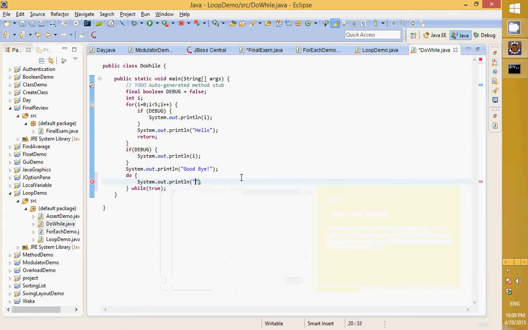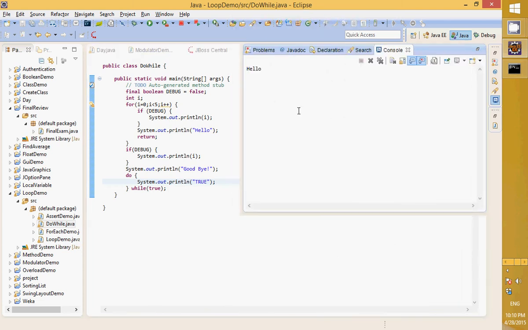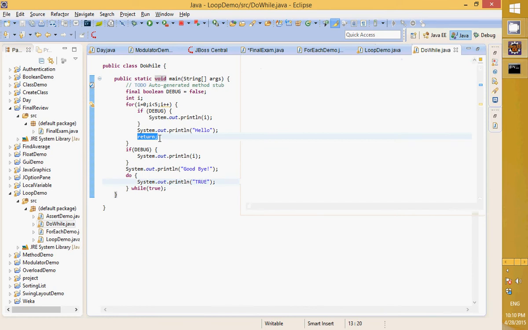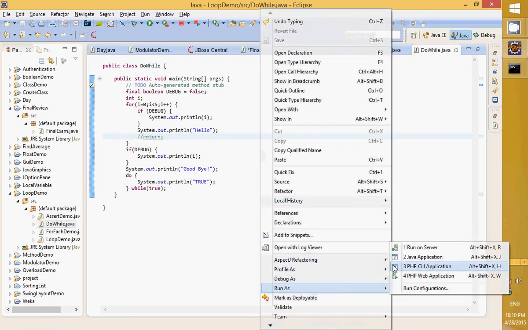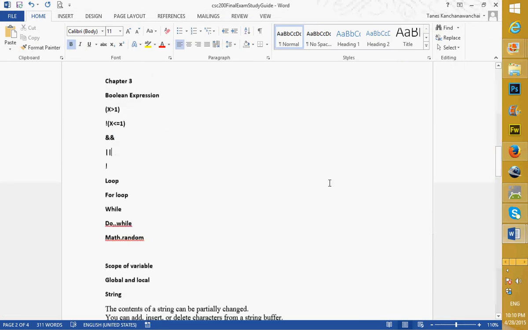Like in this case, it's going to always print the word true at the end right there, like infinite, because I make it always true, right? So after you run the program, it's going to process everything. Oh, that one makes it return, so stop. You can make return exit. Okay. So if I comment it out, it should print true all the way because I always make it true. Like that. Alright, so now